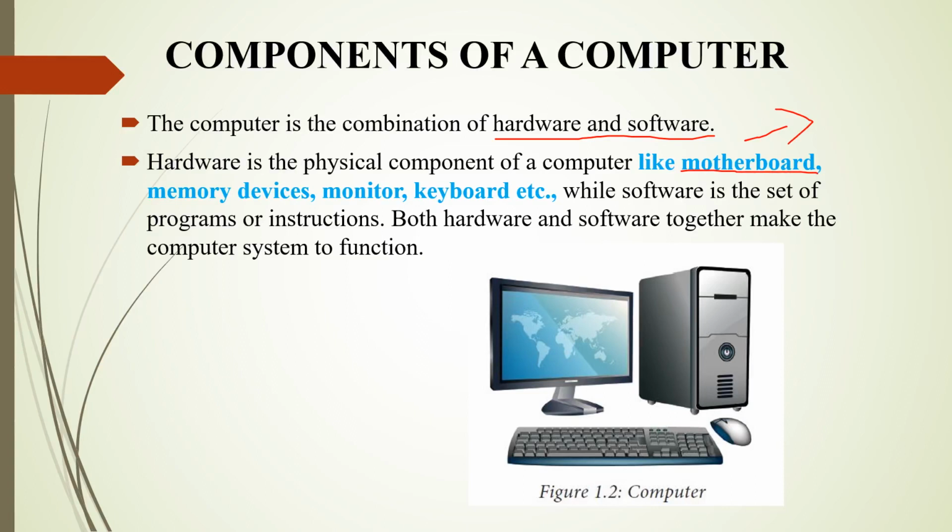If we have time, I will briefly explain hardware and software later. It's a very big topic. Software is also subdivided into two kinds, application software and system software. If we move on, it goes on. But in our book that is not given that briefly. Later on, if we have time, I will explain what is meant by hardware and what is meant by software. Each and everything maybe I will explain.